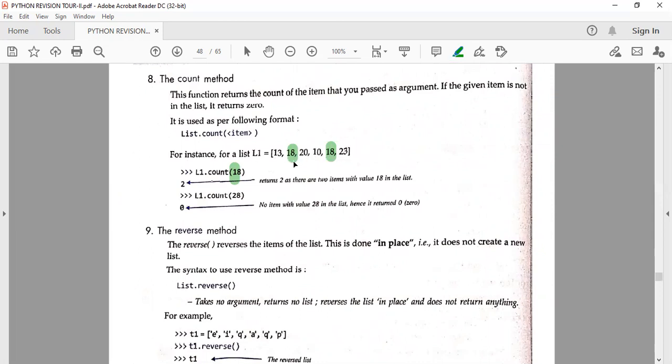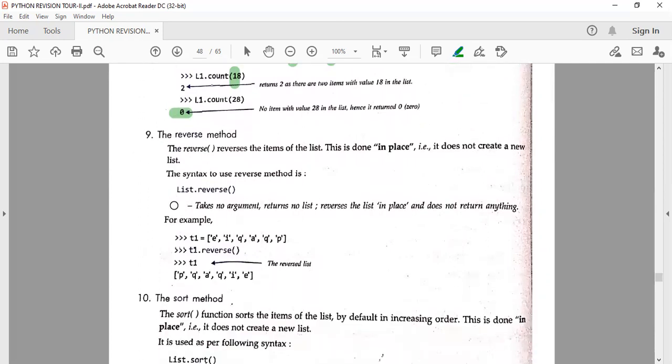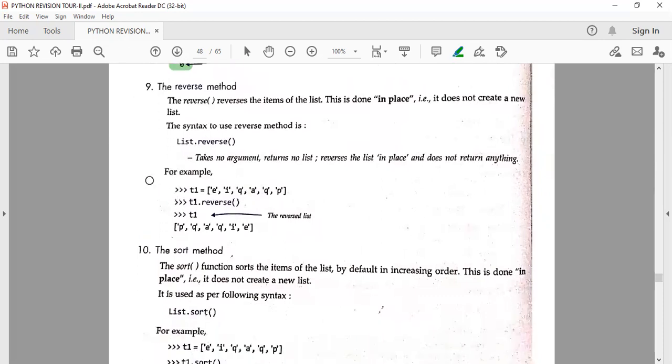So for 18, the count value is 2. For 28, if 28 is not there, the count is 0. It means you count the number of times it repeats in the list. Then there is a reverse method. Reverse method, whatever the values are in the list, it just reverses them.